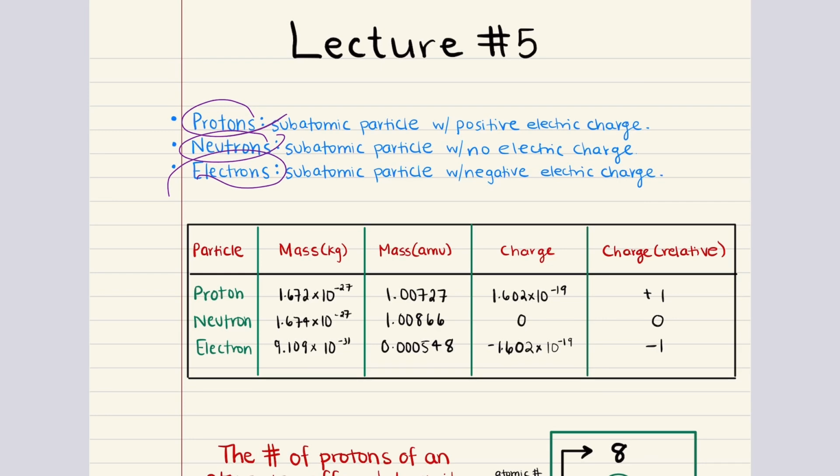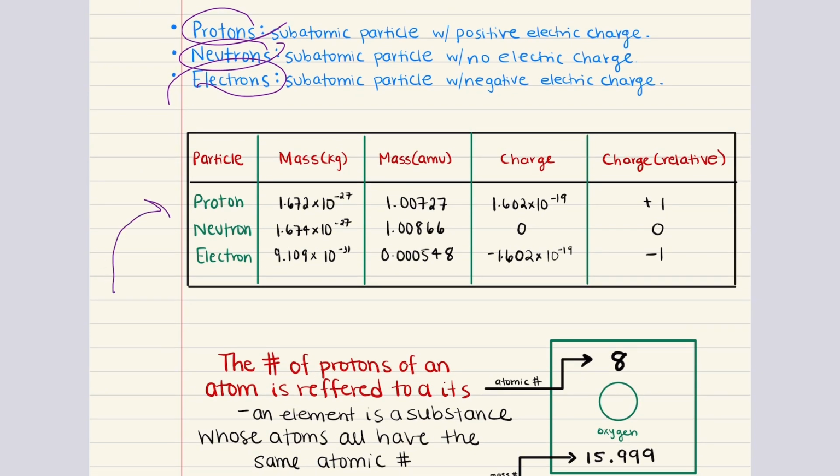To better understand their properties, let's look at the following table. What we notice is that protons and neutrons have identical masses, both approximately 1 atomic mass unit, or about 1.67 times 10 to the negative 27 kilograms in standard units. Electrons, on the other hand, are significantly smaller, about 0.0005 atomic mass units, which is nearly 2,000 times lighter than a proton or neutron. In terms of charge, protons again carry a +1 relative charge, electrons carry a -1 relative charge, and neutrons are